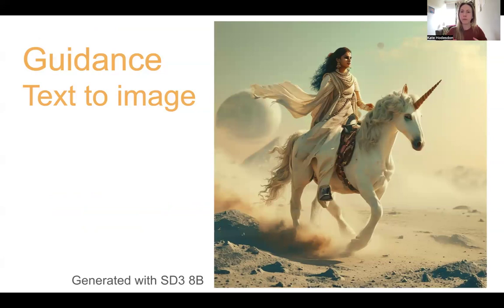So for the remainder of the talk, I want to show how flexible and how powerful that conditioning can be. So you'll also hear semantic conditioning described as guidance. We're guiding the image generation with text or with other data, such as image data. And via text guidance, these models can produce images that don't match any specific image in the data set, right? So there's no images of somebody riding a unicorn on the moon in the training set, but the model knew how to make one.